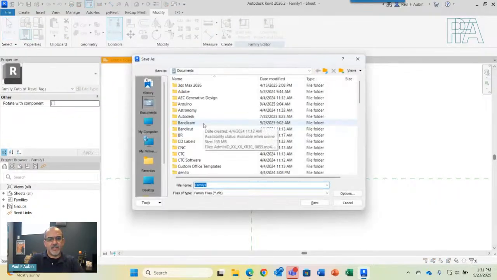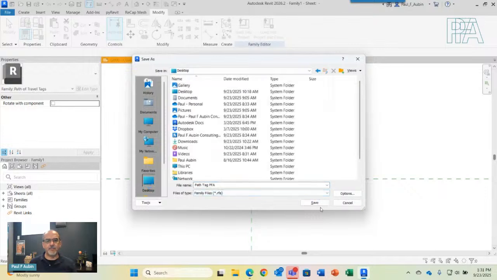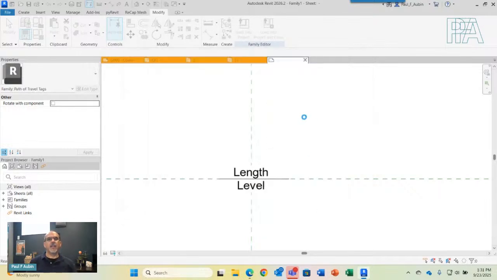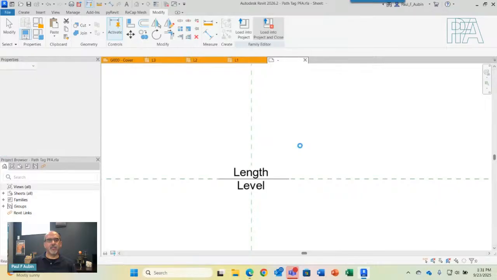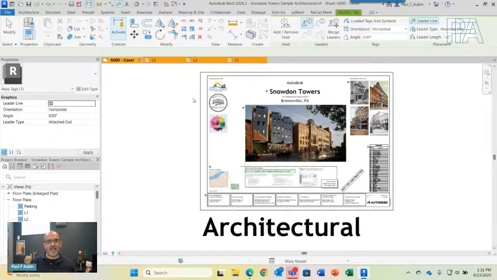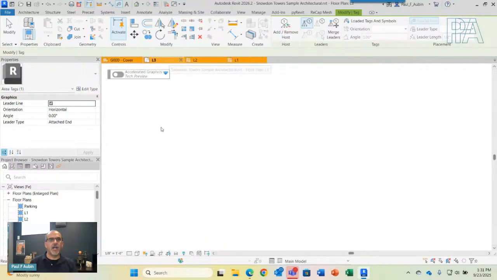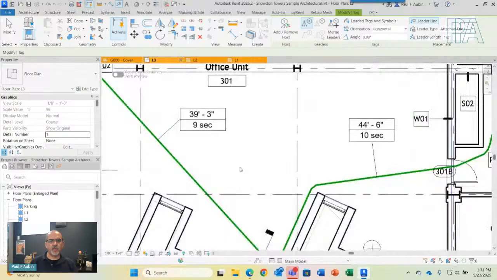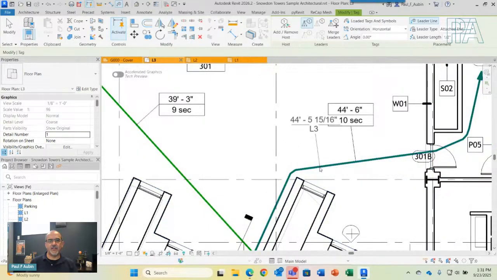I'll just call this path tag, PFA, with my initials because it's my custom one, and I'll just drop it on my desktop. And then I will load it into the project and close. And so now I have a second path of travel tag. I don't know why it decided to go to this cover page. That's not very useful. So I'll switch back to one of the views where I actually have paths of travel,